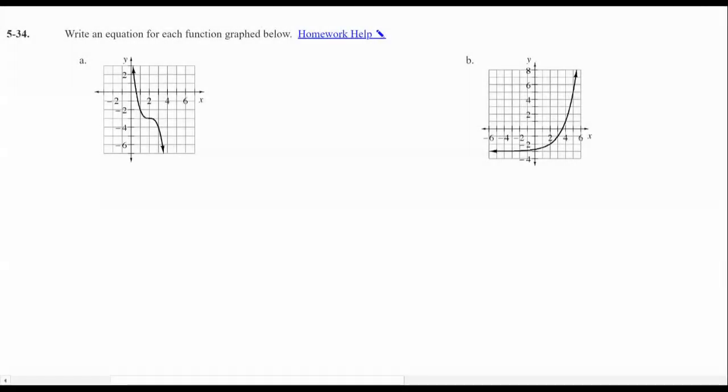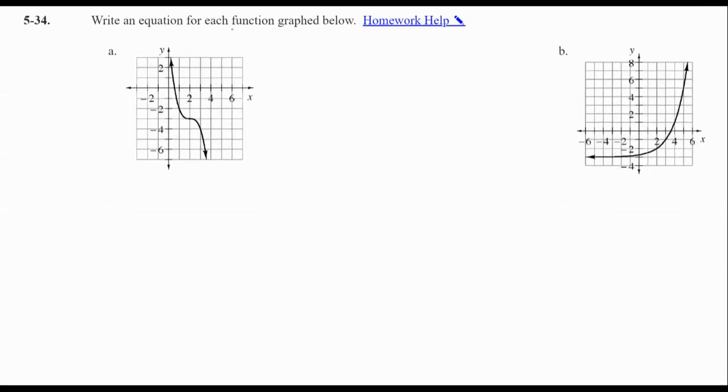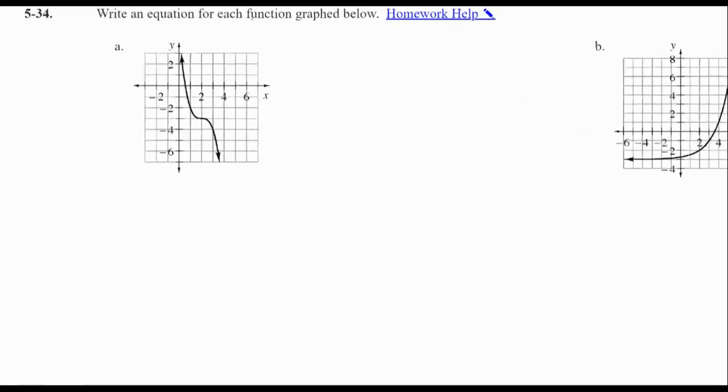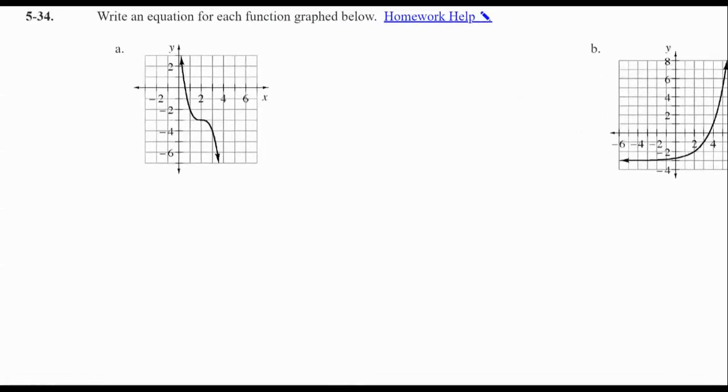Here I'm asked to write an equation for each function graphed below. So this is really kind of testing my knowledge of parent functions and transformations. So for A here, what I know already is that this is going to be a cubic function because of